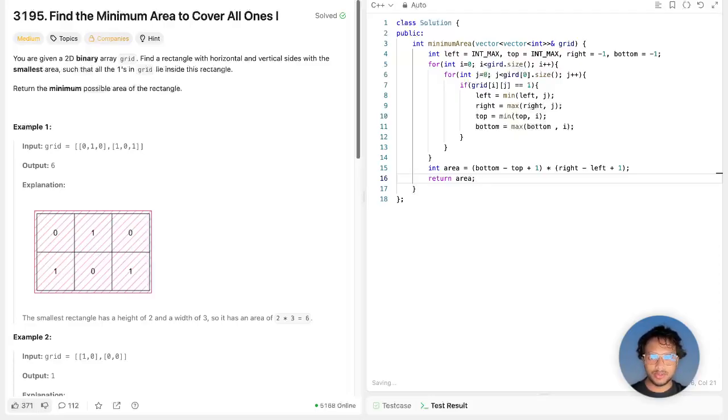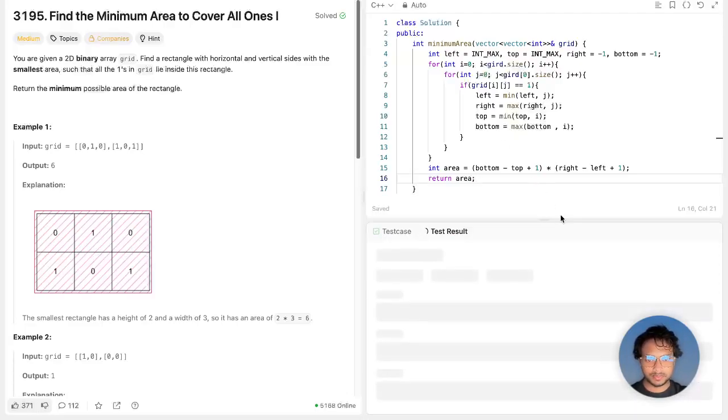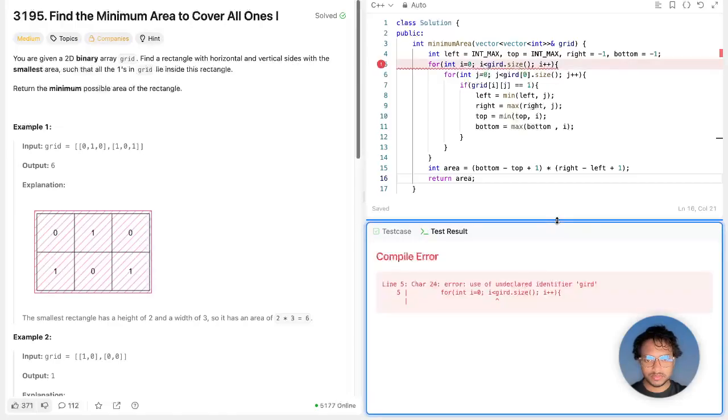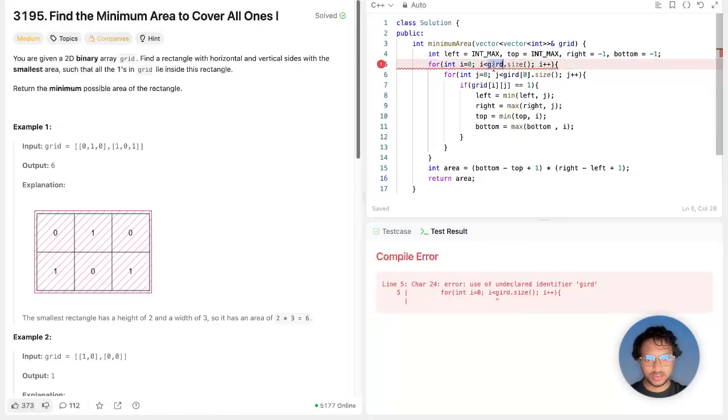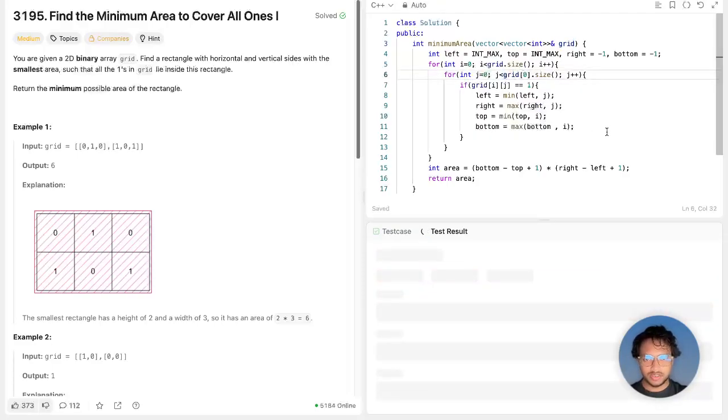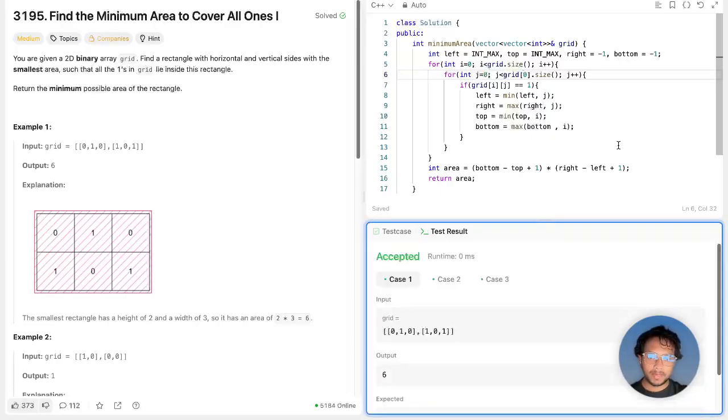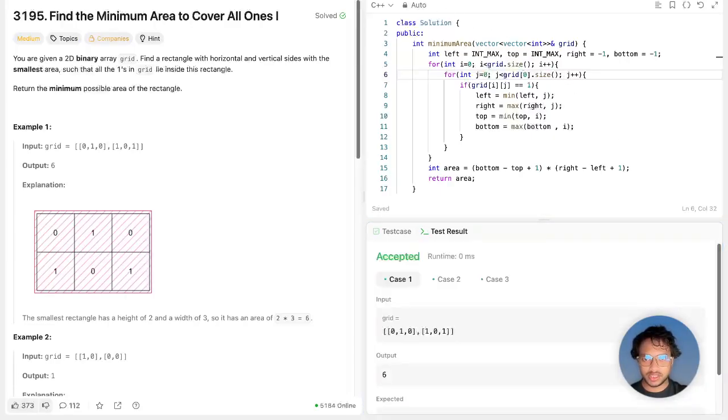If I run my code, I'm making spelling mistakes, and if I submit my code,